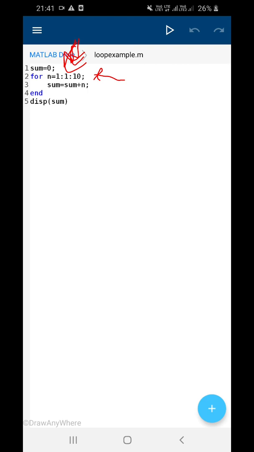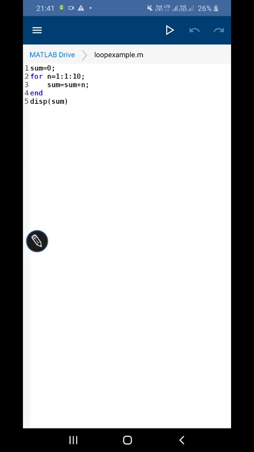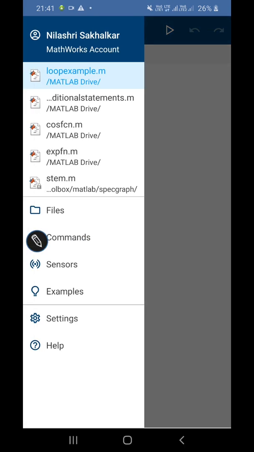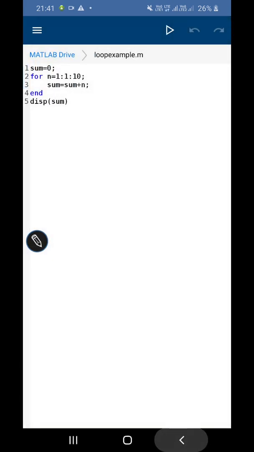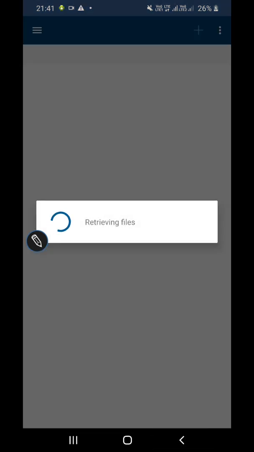Okay, you can do like that also. So in this way I have found out the addition of numbers from 1 to 10. Okay, so you can just do on your own. So let me take some other examples.